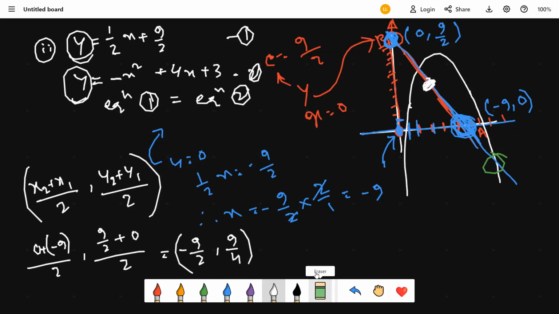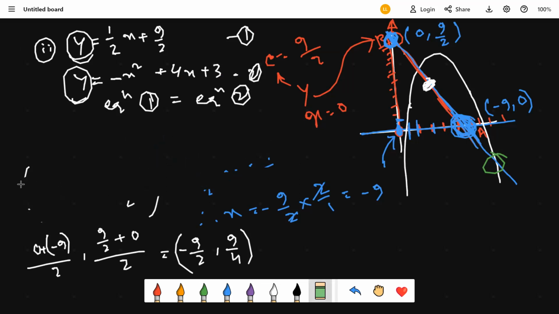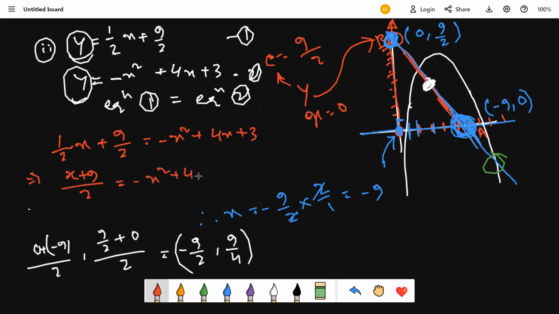So if that's the case, we can solve them simultaneously by taking the LCM. Okay, just write it down at first. Half x plus 9 by 2 equals minus x square plus 4x plus 3. Simply, we can just do the LCM here. So x plus 9 over 2 equals minus x square plus 4x plus 3,